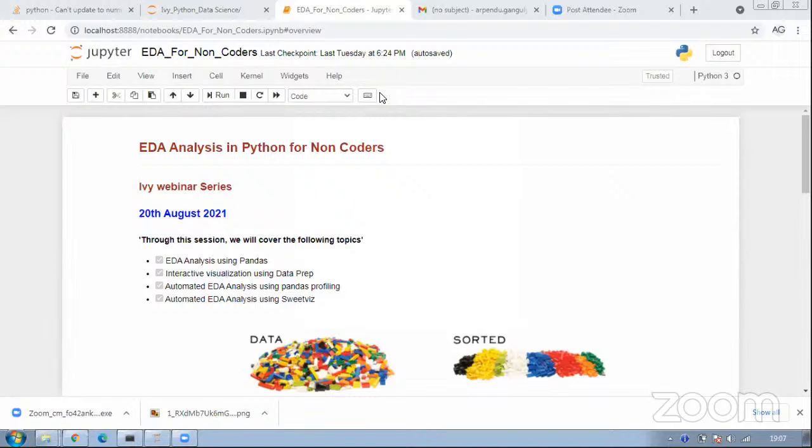Now unlike the other modules of data science, let's say linear regression or logistic regression, or neural networks, or gradient boosting, there is no hard and fast rule about what EDA is.